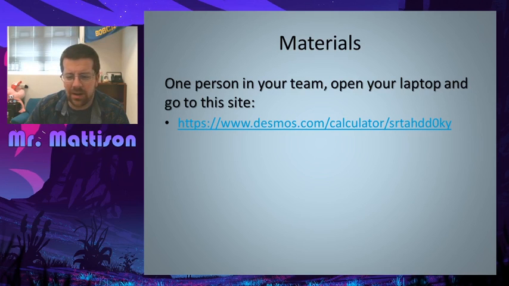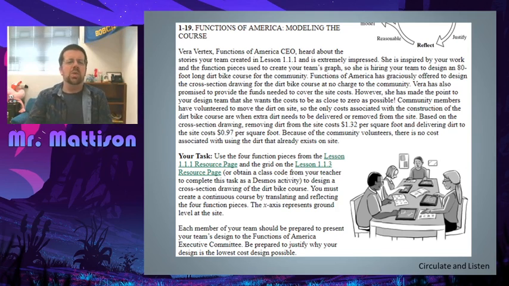And then once we're there, we're going to be going in and answering these kinds of questions. What you should see on that Desmos activity is a series of 4 different shapes, very much like the ones we saw earlier in this chapter. And we're trying to build a dirt bike track. In order to build this, we need to have it be as cheap as possible. So we need to not be bringing in dirt and not losing dirt,